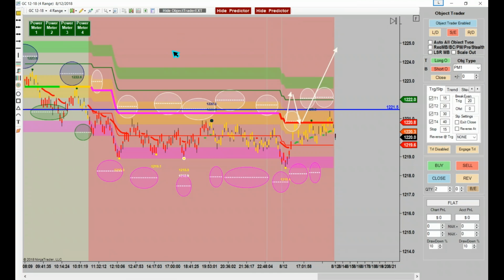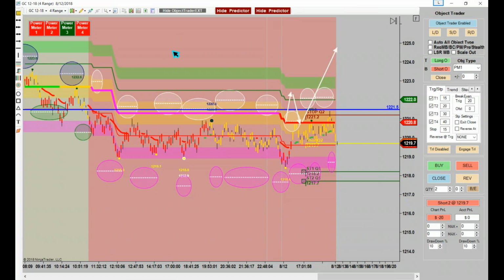Now, didn't you like the line better on the first part where we had our identified swing? See, that's too late to me. I don't like that trade. See what happens every time you take that trade like that? It bounces on you. Now, does it mean it's going to bounce very much? No. But the reason I don't like that trade is because when you identify your swings on your chart and